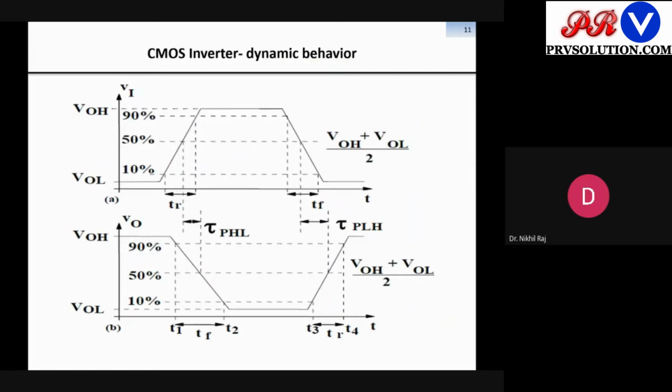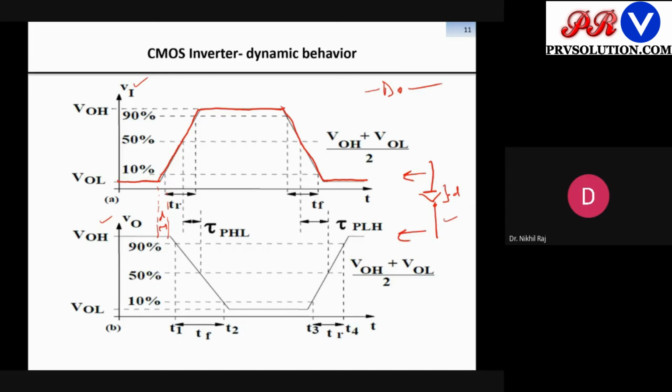Now graphically, if you see, this is the input curve and this is the output. Since it is an inverter, we'll get the inverted signal out of it. So this is the input which is traveling here, then a time gap is there when it reaches logic 1, and then it comes to logic 0. So this is the input and this is the output here. When we transmit, definitely there will be some delay consumed by this inverter to produce the output. Let's say the amount of that delay is D. Okay, D delay is taken here.